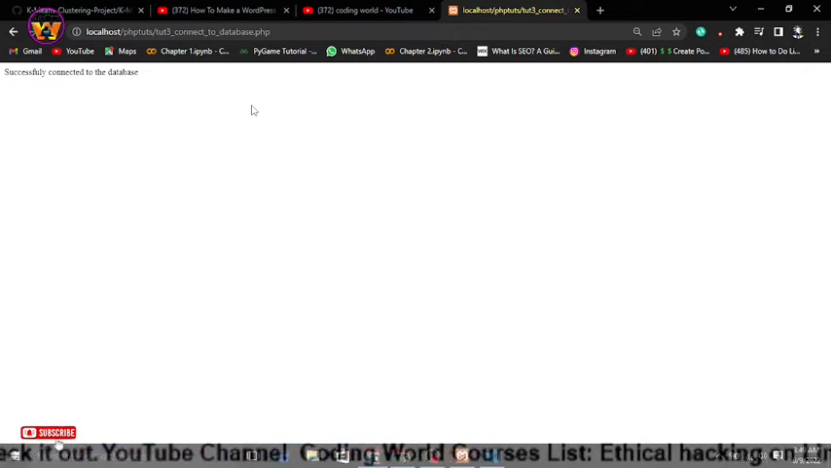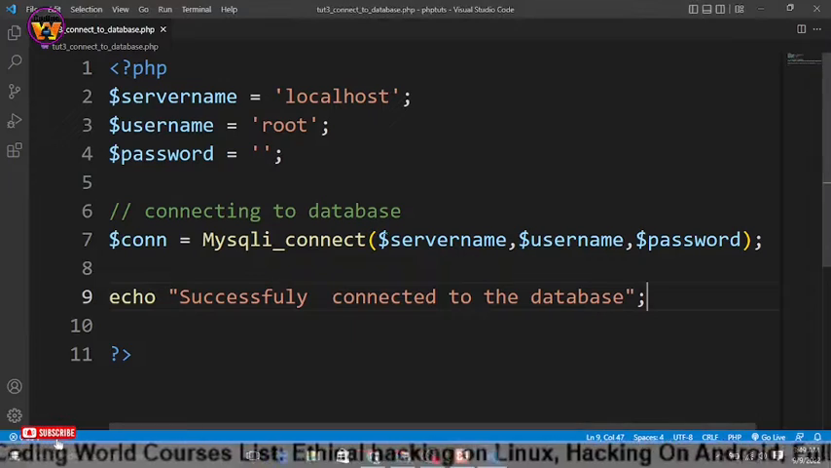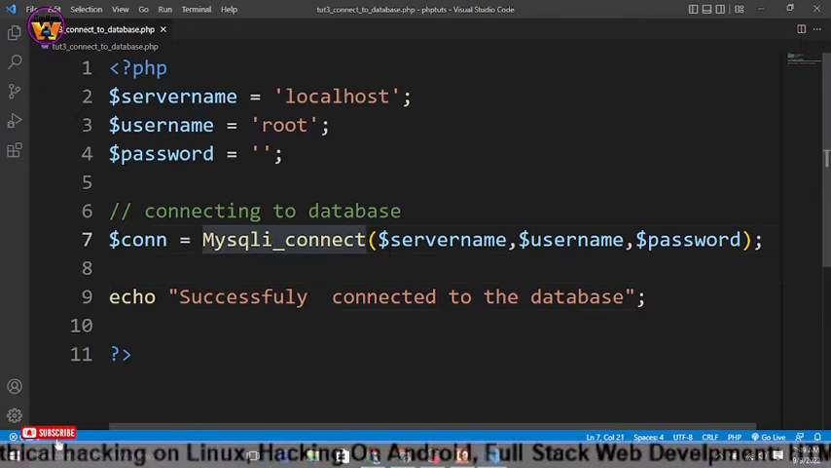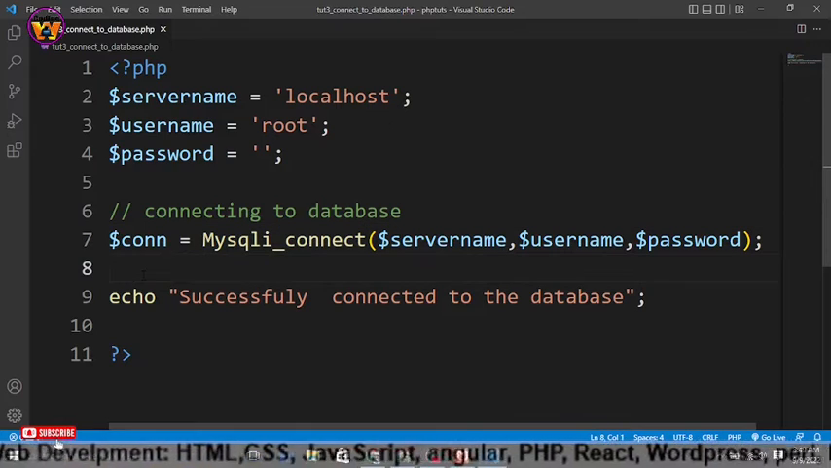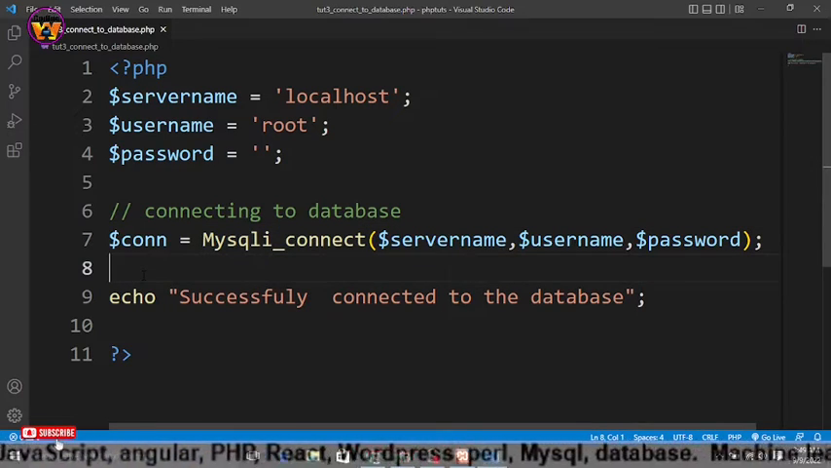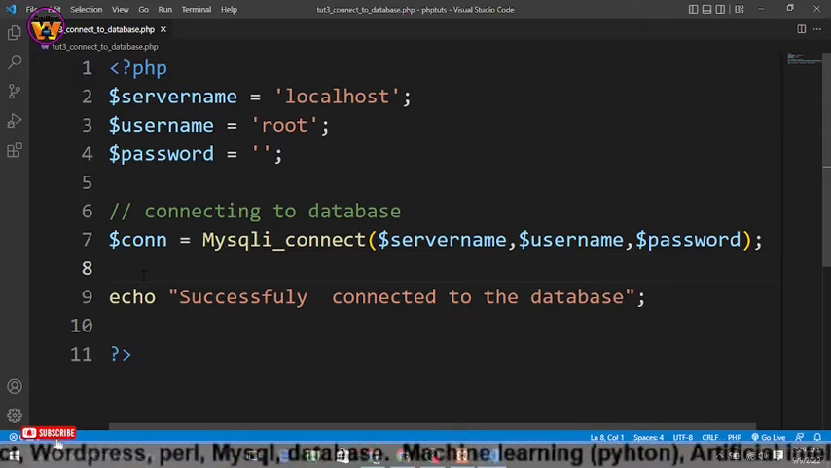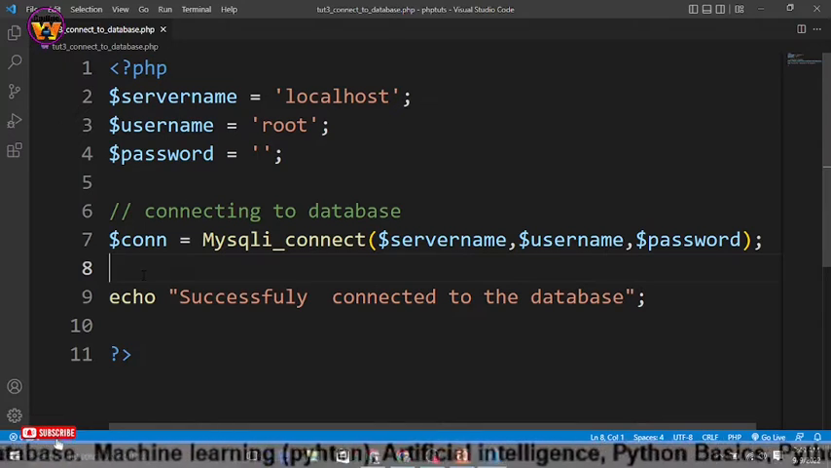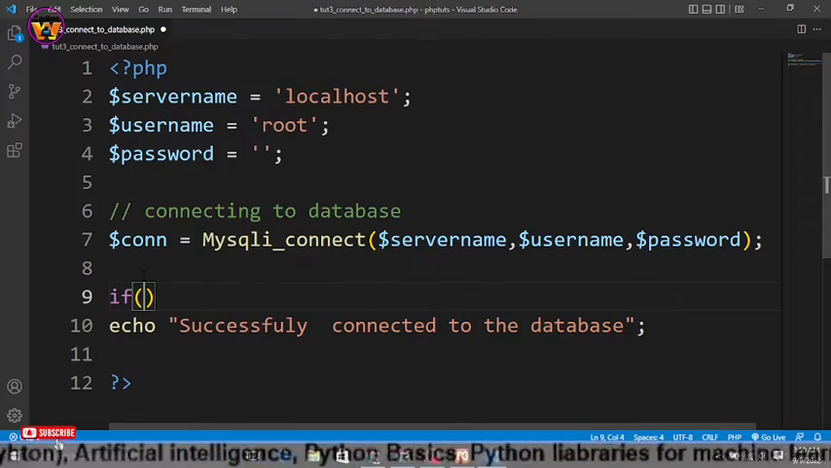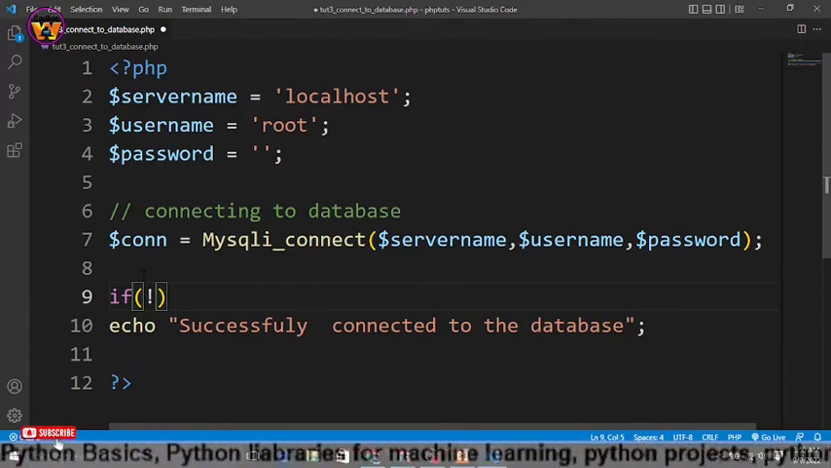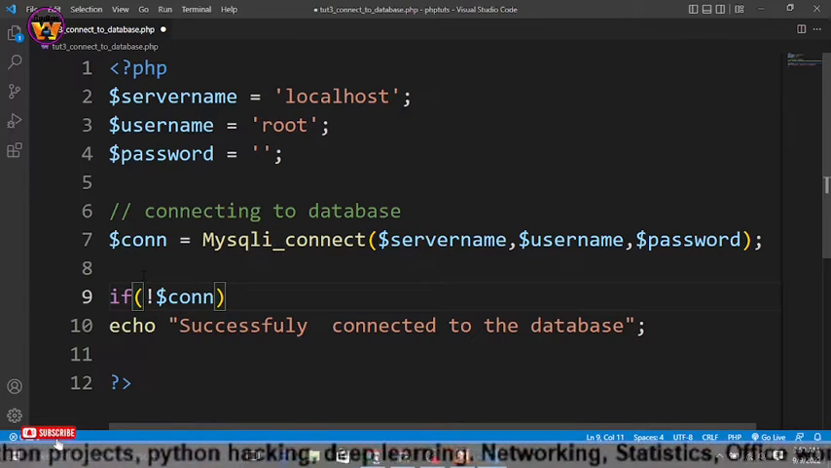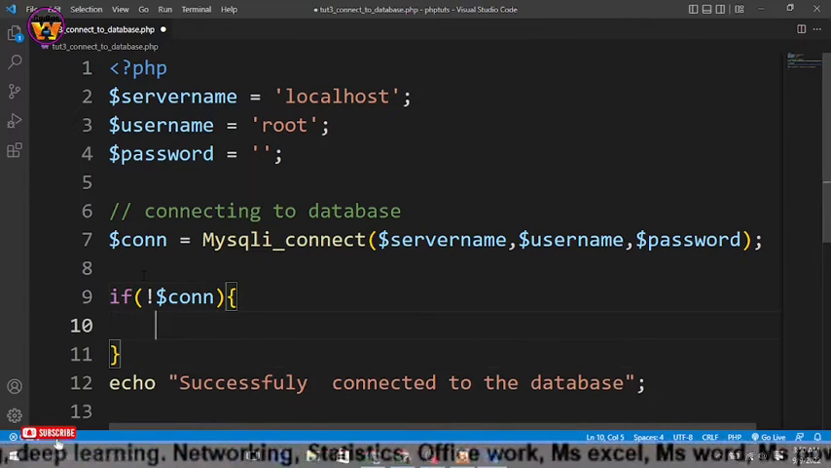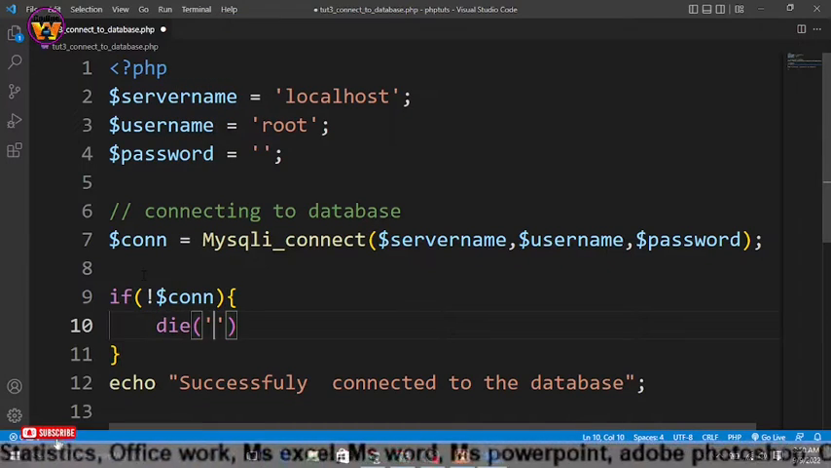So we have created some variables, and we have passed these variables using the function MySQL connect, and it will give you the connection to the database. Now what will happen if for some reason it's not connected? Whenever we want to connect to the database and it gives some error, for that we have to use an if statement. So I will say if not $con, it means we are not able to connect to the database, and in that case you have to use the die function, and within this die function,